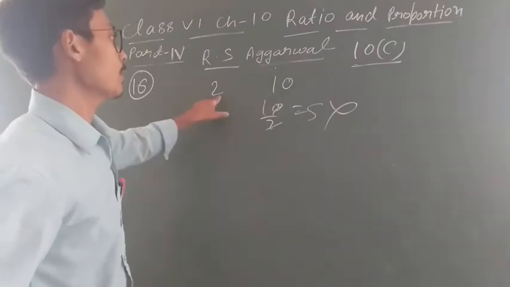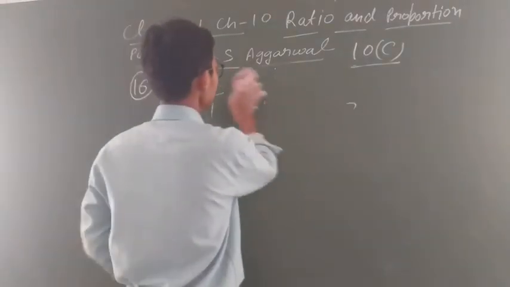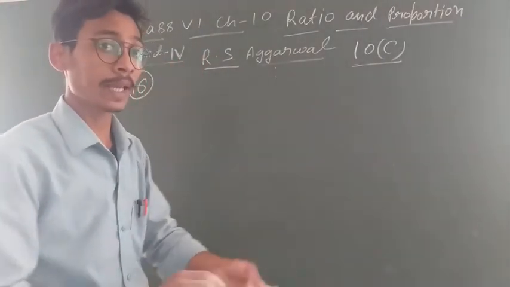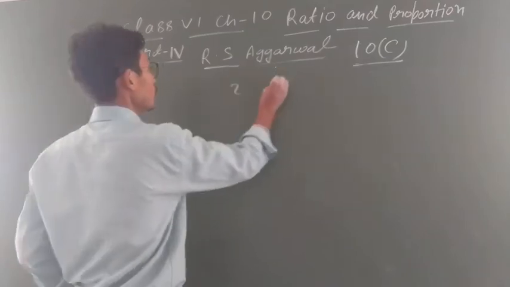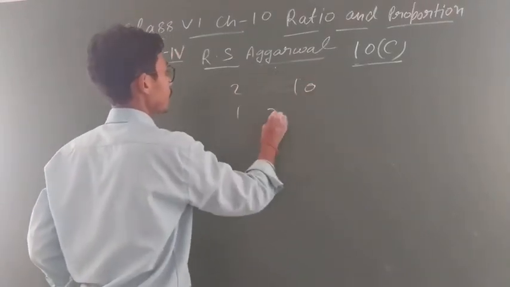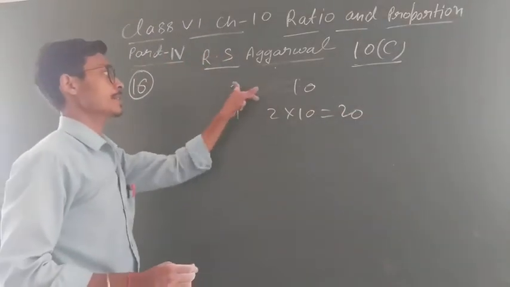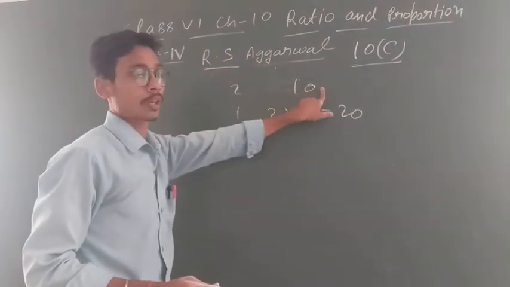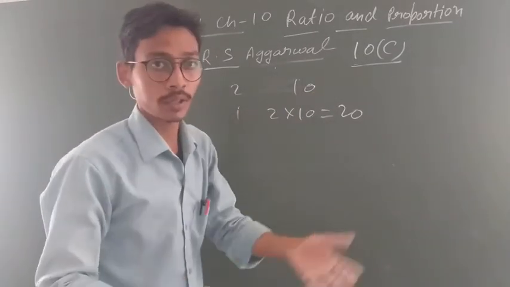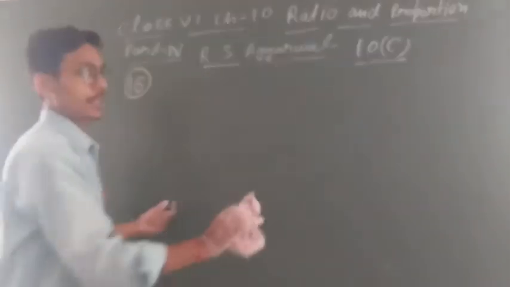बेटा if 2 labor can complete the work in 10 days, so one labor can complete in how many days student? It will take more days ना. यानी you will multiply. तो यानी 2 labor can complete in 10 days, so one labor can complete in 2 into 10 यानी 20 days. Number of labor is less, the work is more. If number of labor is more, number of days is less. ठीक है ना. चलिए this is very easy.